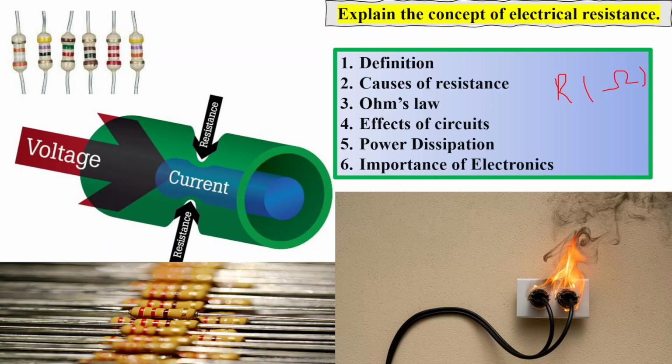So in conclusion, we can say that electrical resistance is the measure of the material's opposition to the flow of current, influenced by factors such as the material properties, temperature, length, and cross-sectional area. It is a fundamental concept in electronics and crucial for analyzing and designing in the